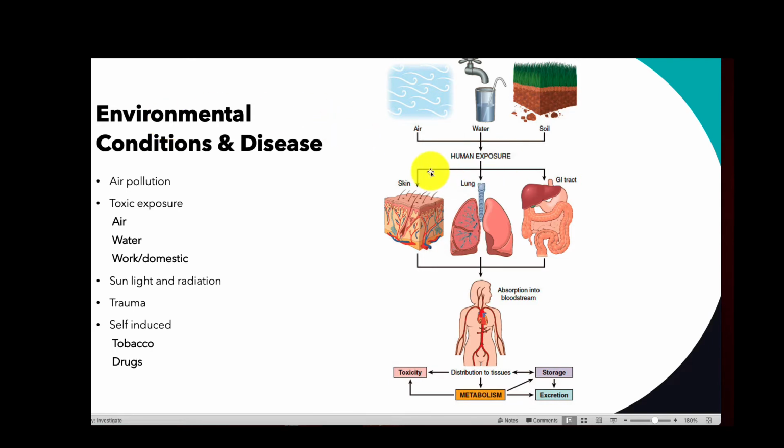So we're going to talk about how these environmental conditions can get into the body, and we can see that obviously it's air, water, and soil. How does soil impact us? Well, much of the vegetables and the plants that we eat contain toxins and pollutants that can get into the body. So when we either breathe these things in, or we ingest these things, or we just absorb them through our skin, that's how these toxic molecules can enter the body, and then they get absorbed into the bloodstream.